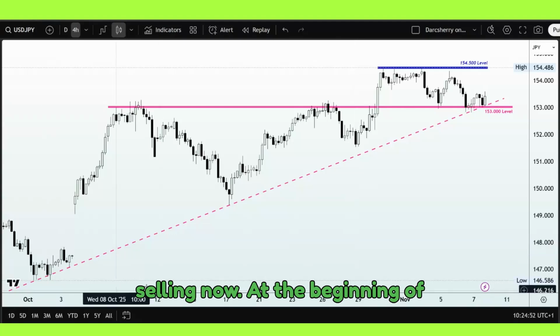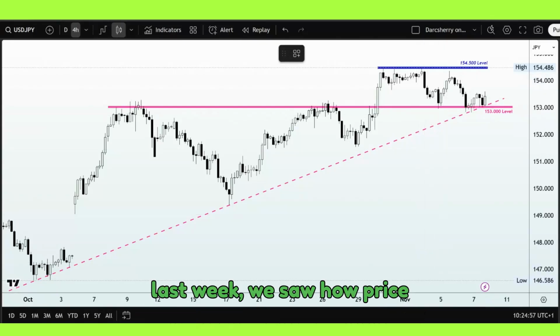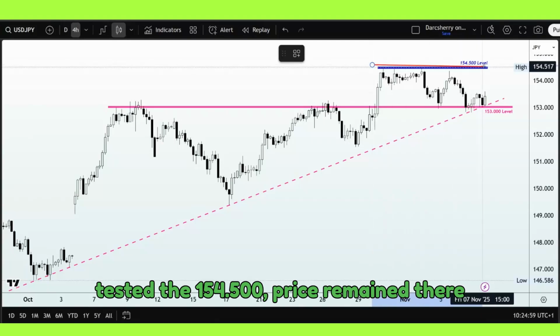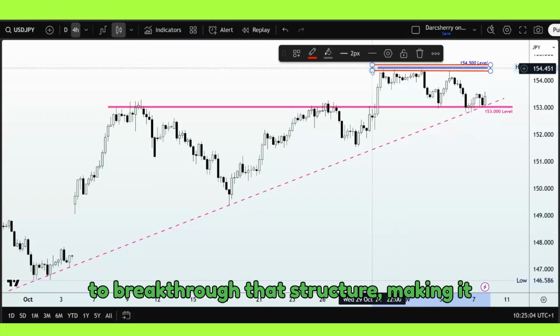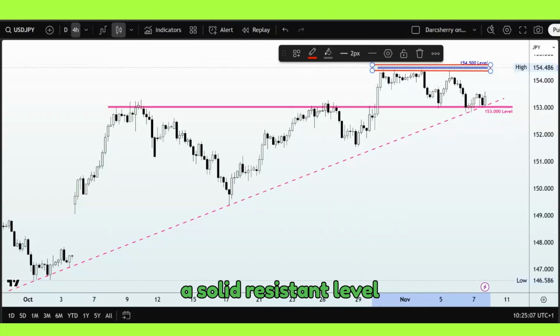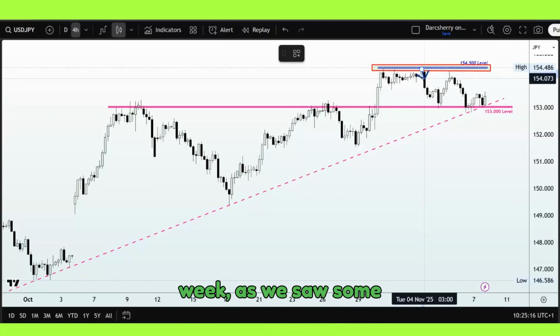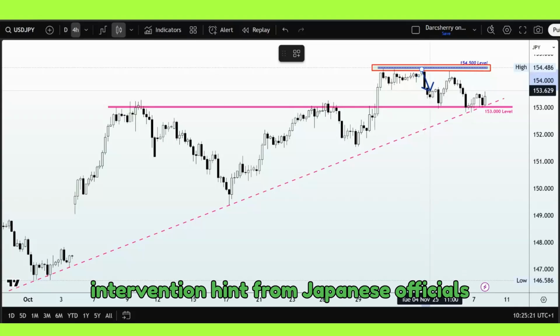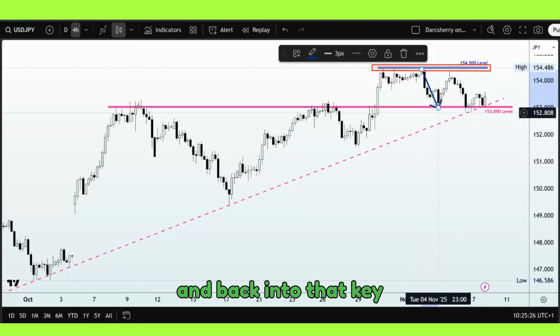Now, at the beginning of last week, we saw how price tested the 154.500. Price remained there for a while. Buyers were unable to break through that structure, making it a solid resistant level, and we saw price reversed at the beginning of the week as we saw some profit taking amidst verbal intervention hints from Japanese officials, which sent the price lower and back into that key structure at the